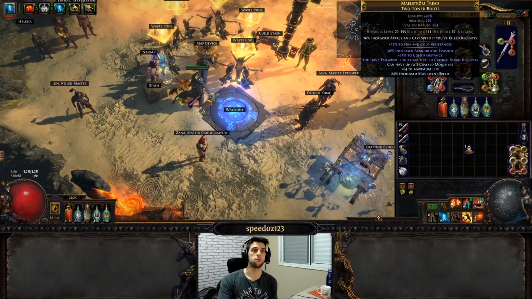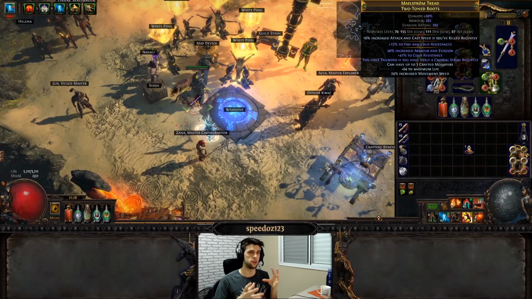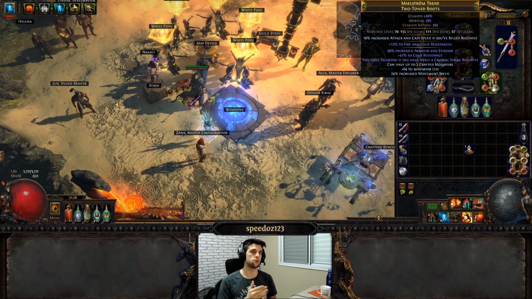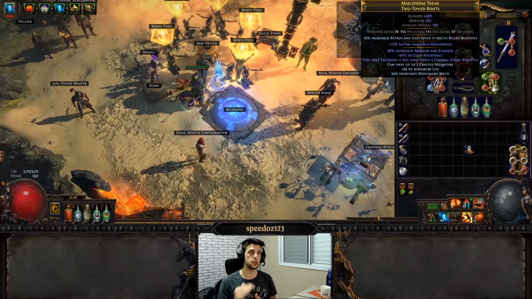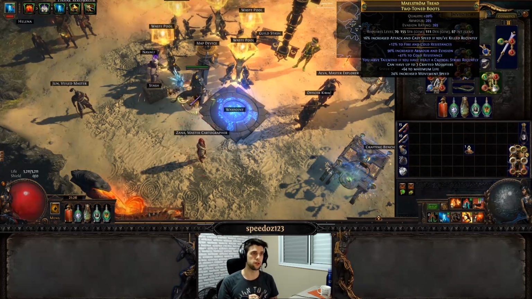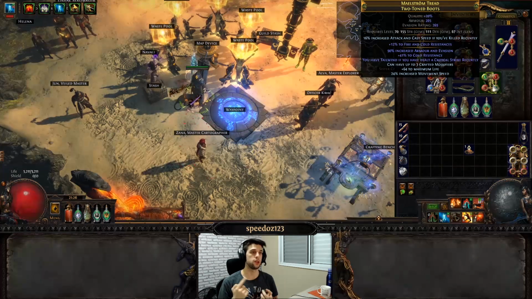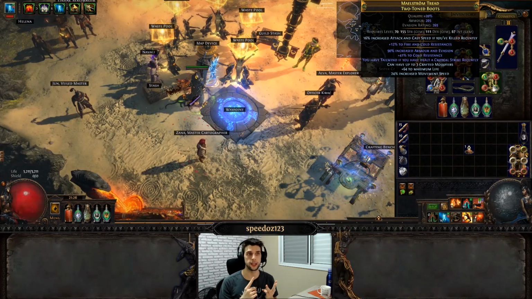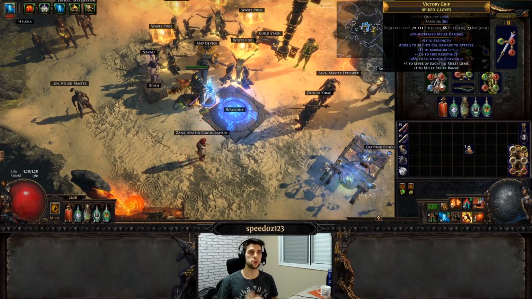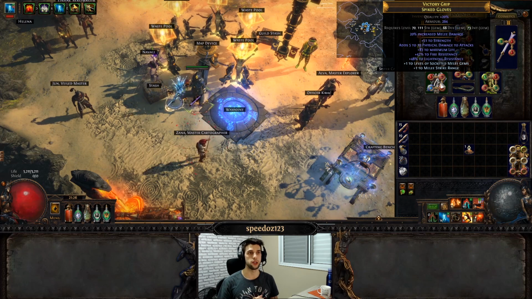For the boots, we've aimed for Tailwind because of the Hunter influence, the green color around the boots. We also aimed for resist, life, and movement speed. If you don't have the currency or knowledge to get Tailwind boots, just buy boots with movement speed, resists, and life. For the gloves, we've aimed for Spiked Gloves because of the melee damage on the implicit, with